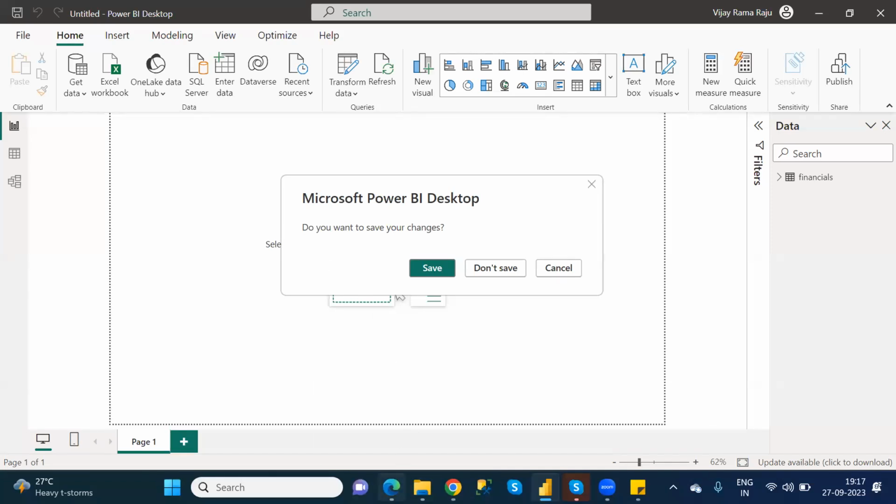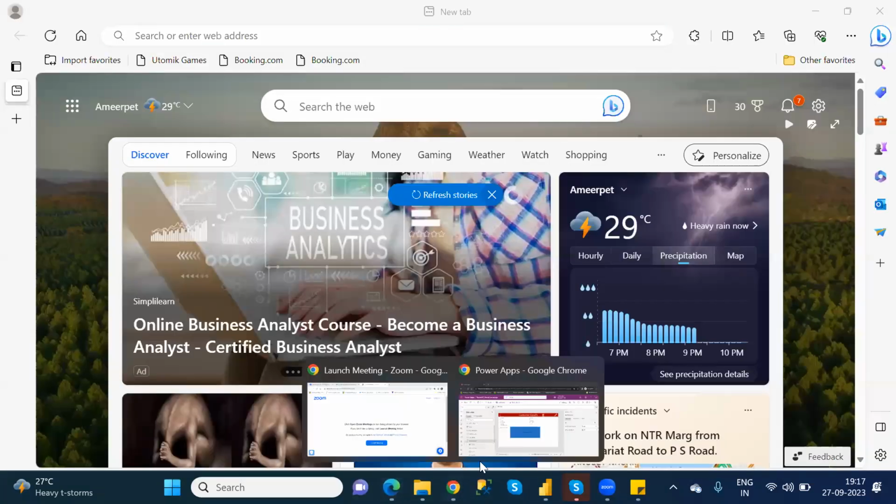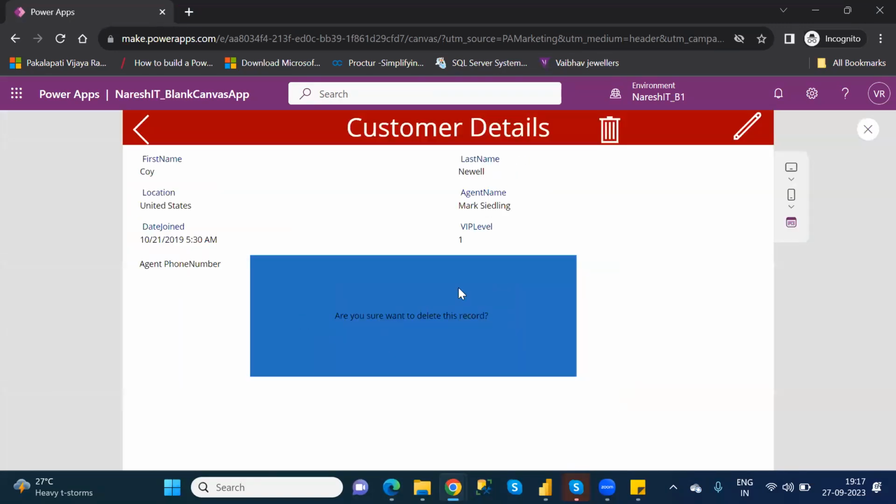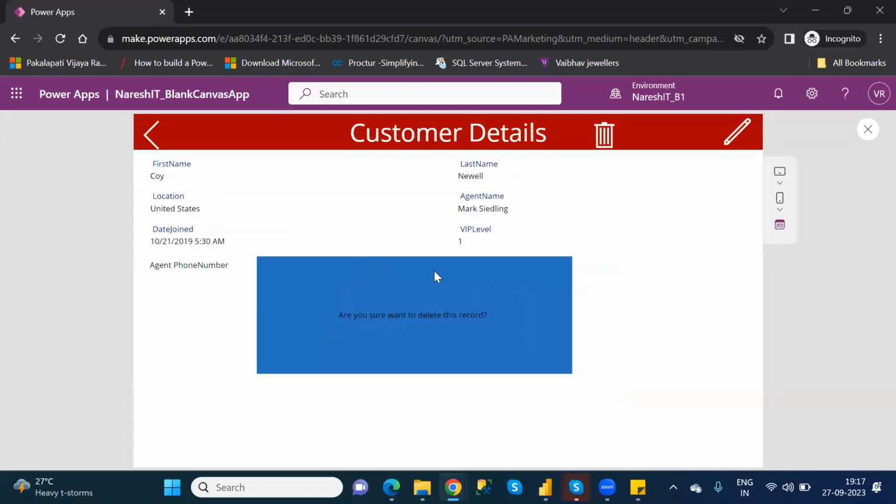But now in Power Apps, once we get this confirmation, the pop-up message, whenever this is enabled, I have two buttons.